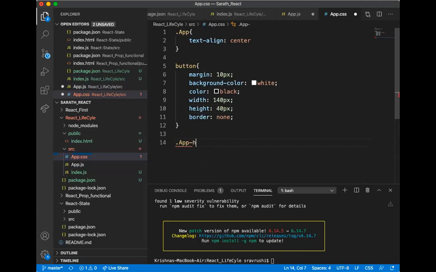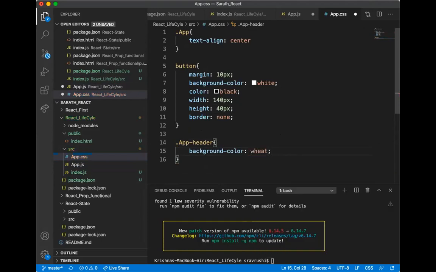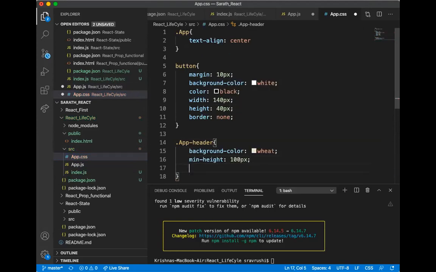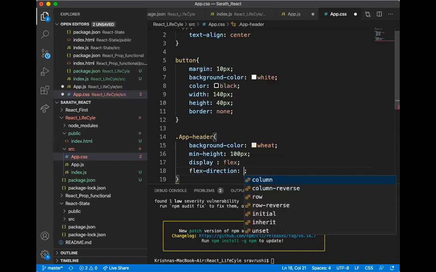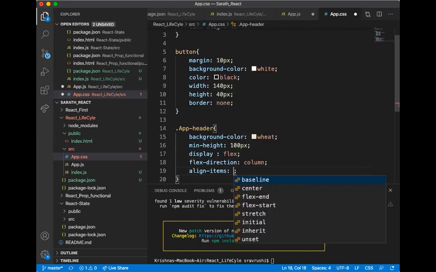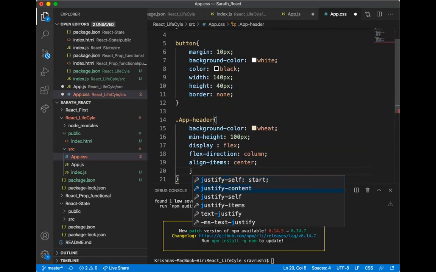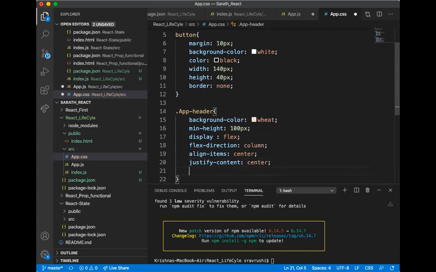In the app header I am going to give background color wheat, min-height 100 pixels, display flex, flex-direction column, align-items center, justify-content center, and also color.